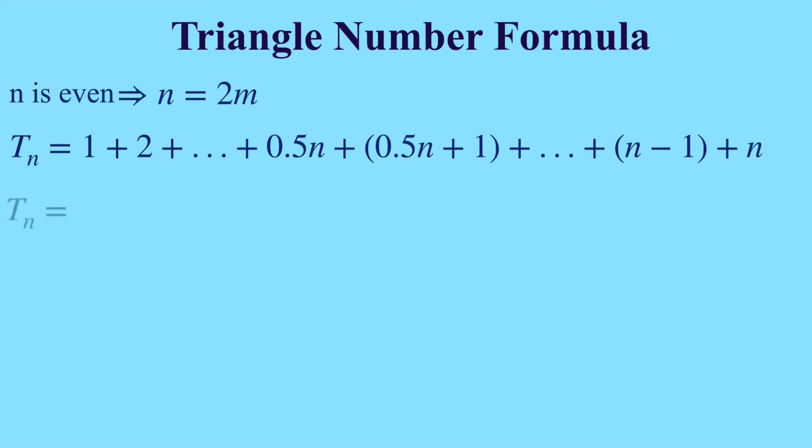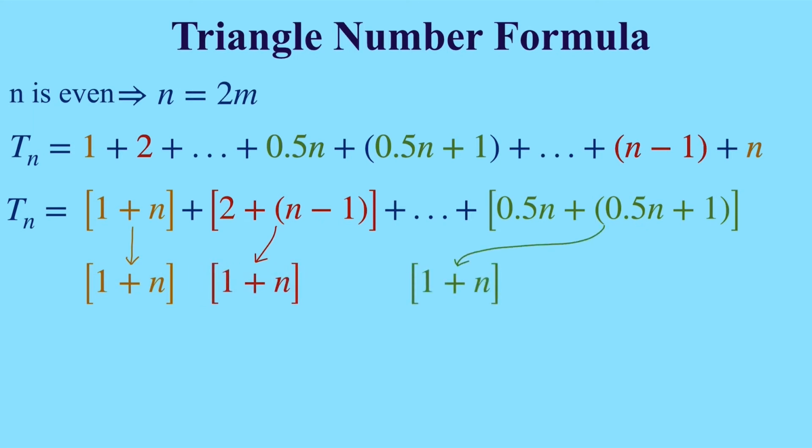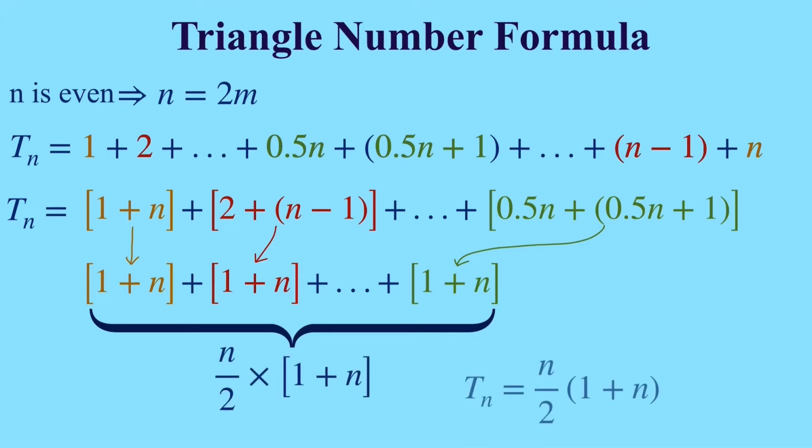Again, we'll follow a similar principle, so we can find the biggest and smallest numbers, 1 plus n, next biggest and smallest numbers, 2 plus n minus 1, and then all the way to half n plus 1. And you can see that all of these, if you evaluate them, are going to be exactly equal to the same thing, namely 1 plus n. Again, we're going to have n over 2 pairs, and then each pair is equal to 1 plus n, which means that the total value of the nth triangle number will be n over 2 times 1 plus n,